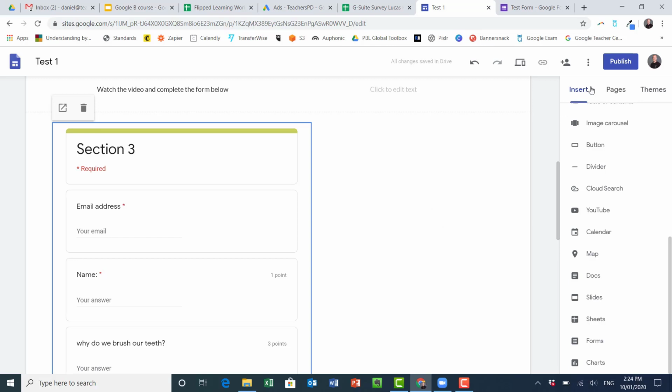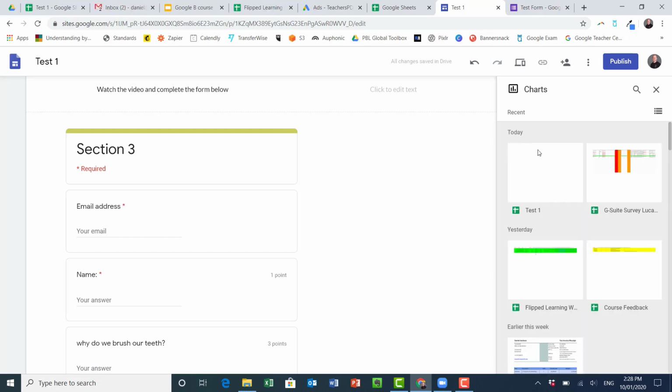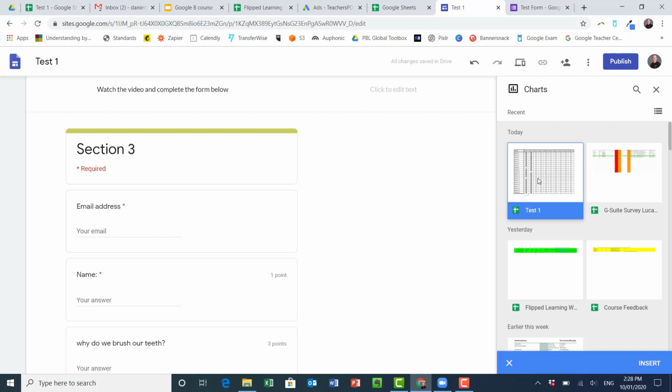Now the other thing I said was really cool to show is inserting charts. The real question is whether or not I have a spreadsheet with a chart. Okay, so I'm going to insert a chart here, and in this spreadsheet,